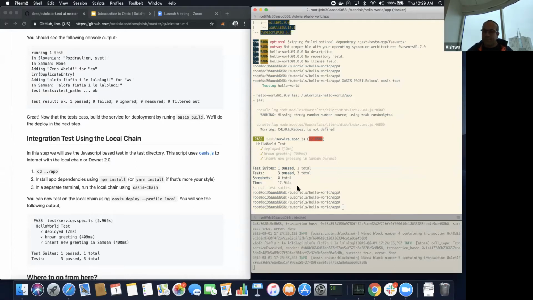I also see a question on here: is your DevNet launching in a few days? Which one should we use? Yes, the documentation link that I just put in here, and that's linked on the CoinList site, goes to our entirely new documentation portal, and that has all the information you need to build. Apologies, I know this is slightly confusing today, but the timing worked out really well for us because we should have everything ready to go when you get started on Monday. So use the new DevNet. It's called DevNet 2.0. We have a new Oasis SDK that you'll be able to use as well.